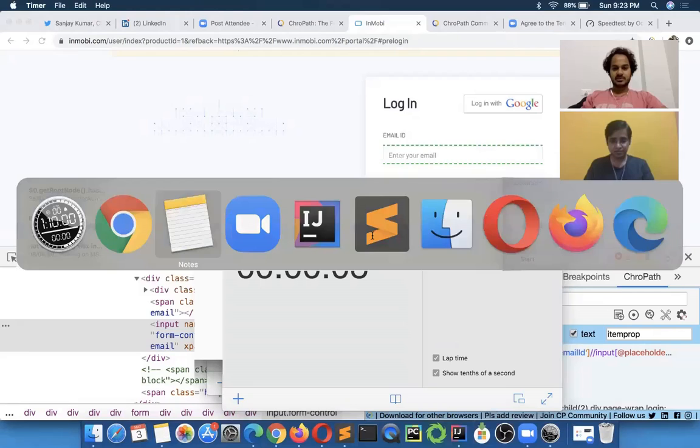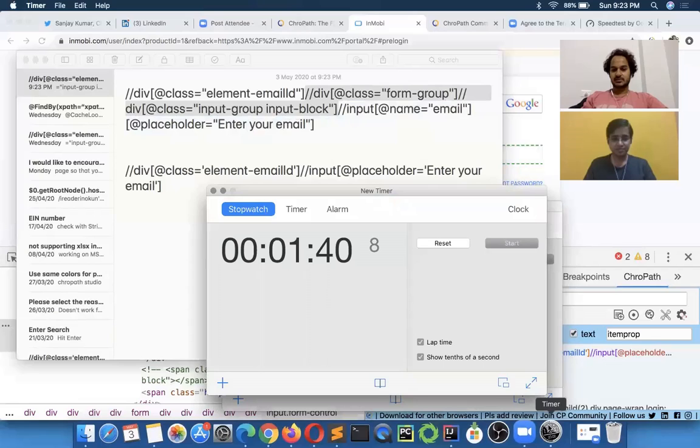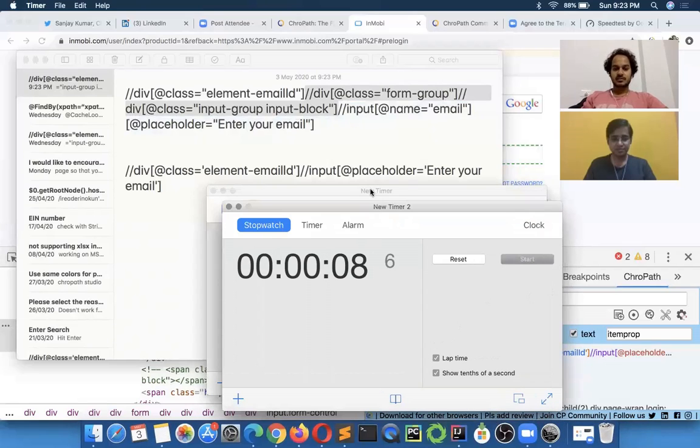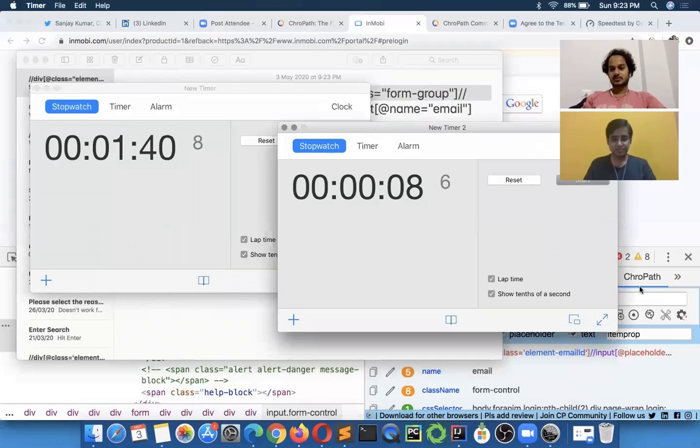Let me paste the value here, what we have written and what ChroPath has given. You see, this is the value we got from ChroPath, and this is the XPath which we have written. See the difference, how good an XPath you got from ChroPath. ChroPath has connected this child element to this parent, which is unique, and it has removed all these in-between child values, which were not unique. And you see how much time it is saving for you. 1 minute 40 seconds, and here just 4-5 seconds, because you have to just open ChroPath and inspect that element. That's all you have to do.